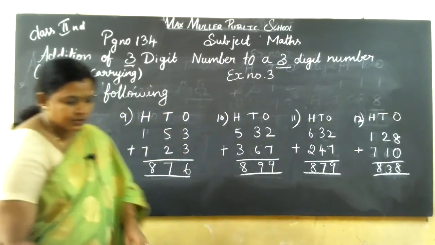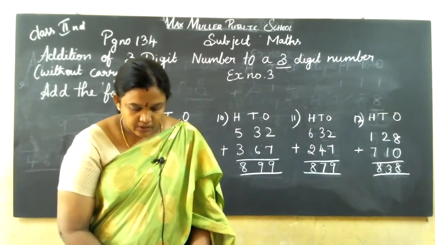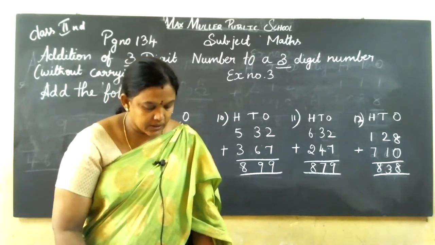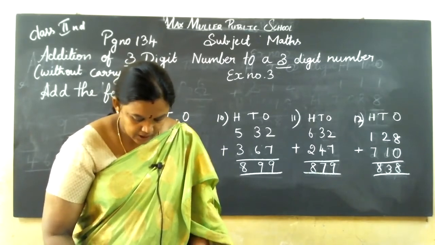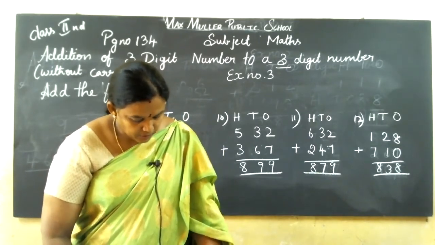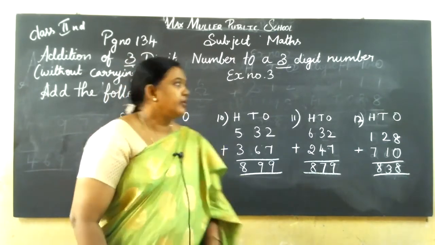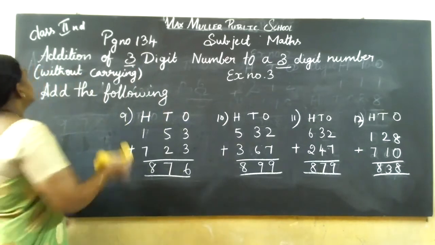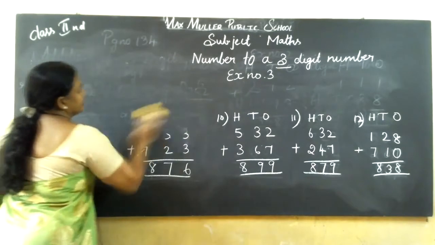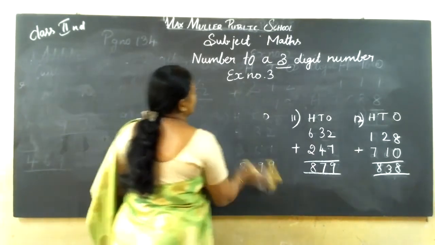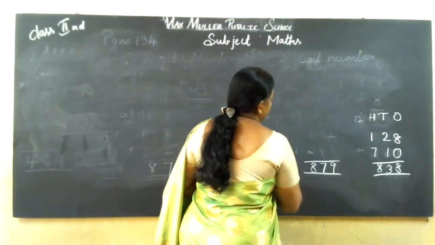Now close your textbook, children. Homework note is there, no, children? Last class we finished numbers 1000. Page number 114. We finished, no, children? Now I am going to give the homework note. Close your textbook. Open your homework note. Take a fresh page. Homework you want to write on the fresh page.